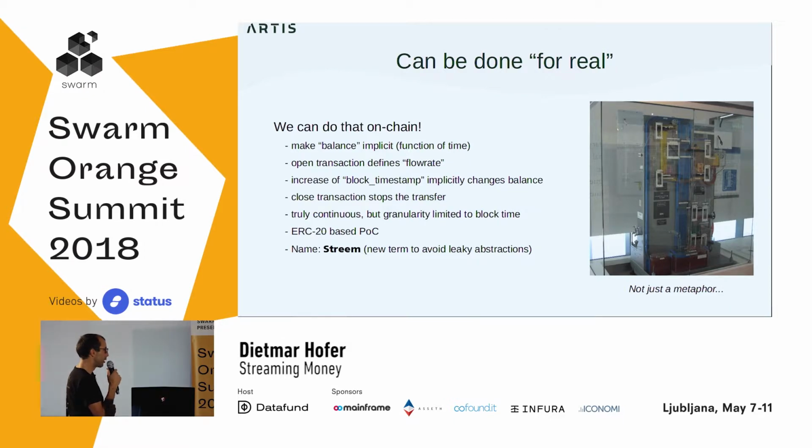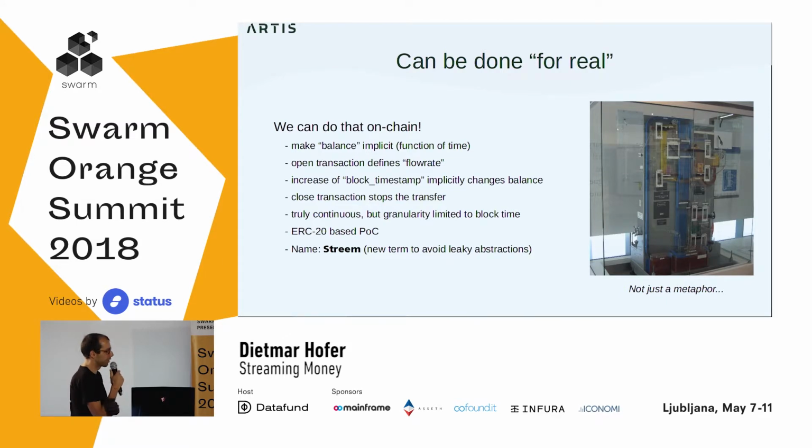And this is really continuous, and we don't settle with every block or so, but it's limited to the granularity of the blocks in this case. I made a proof of concept, which is basically an extension of ERC20. So after a while, I figured out that could even be done for an ERC20 token. And we named that stream with double E,